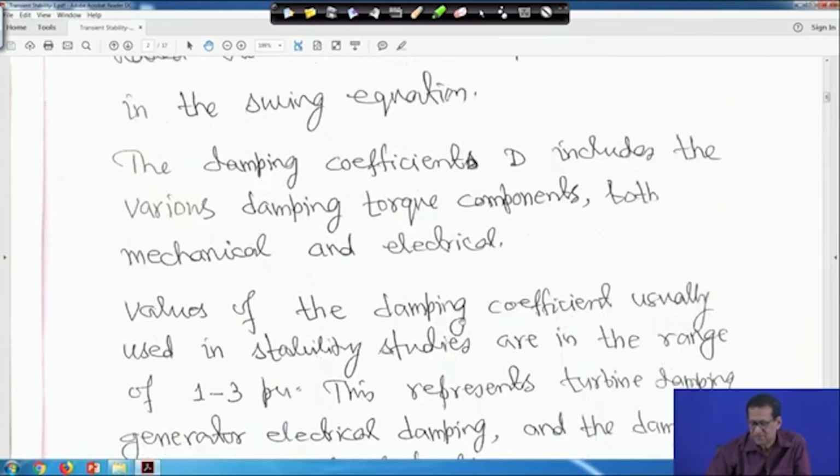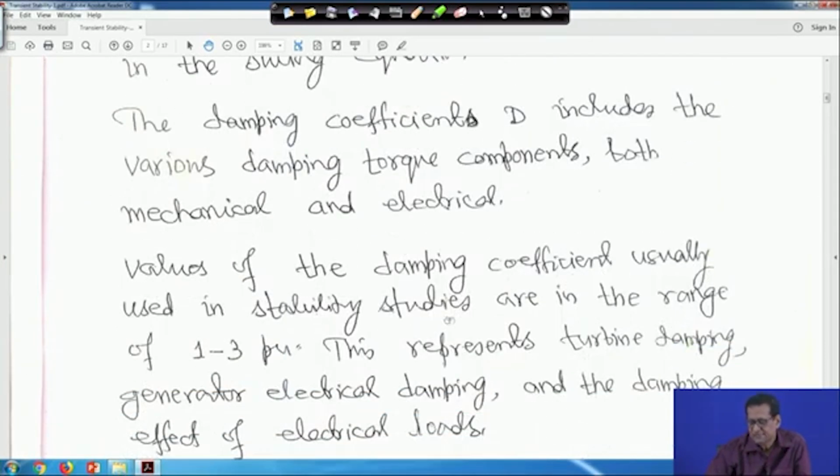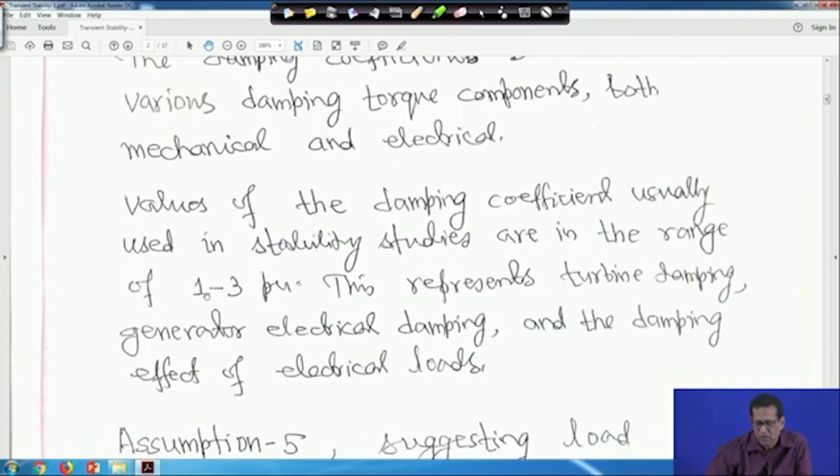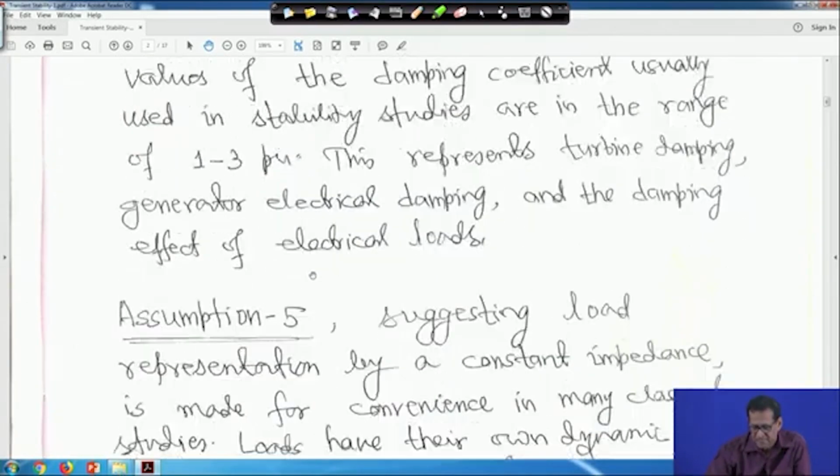Values of the damping coefficient usually used in stability studies are in the range of 1 to 3 per unit. This represents turbine damping, generator electrical damping and the damping effect of electrical loads. So, this is the range of your damping coefficient, between 1 to 3 per unit. Now, assumption 5